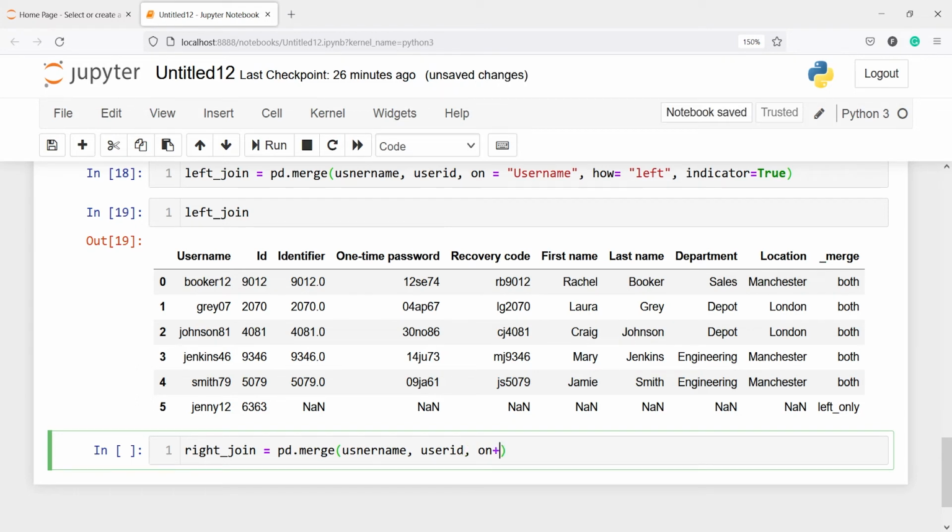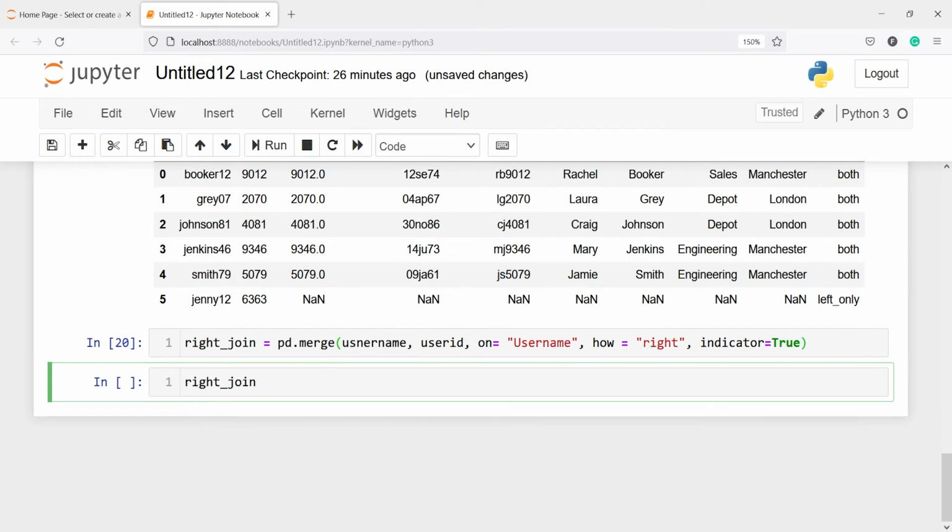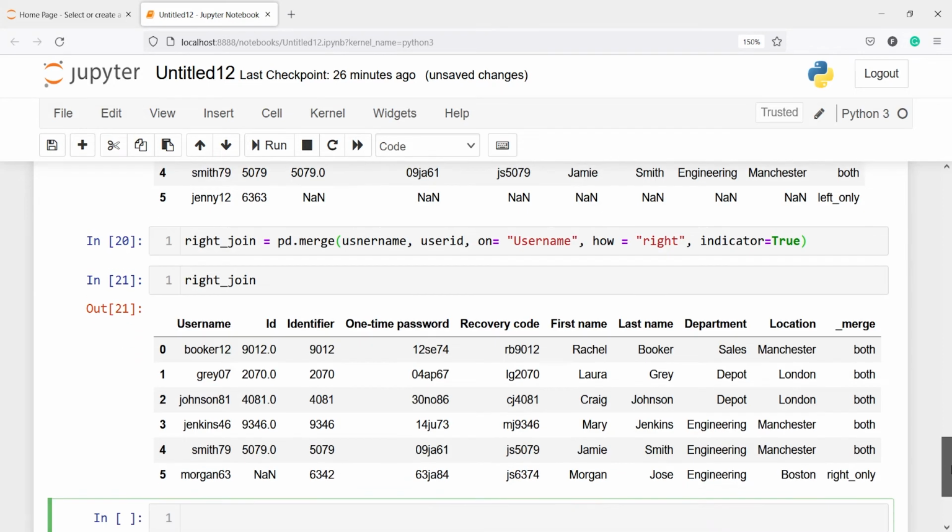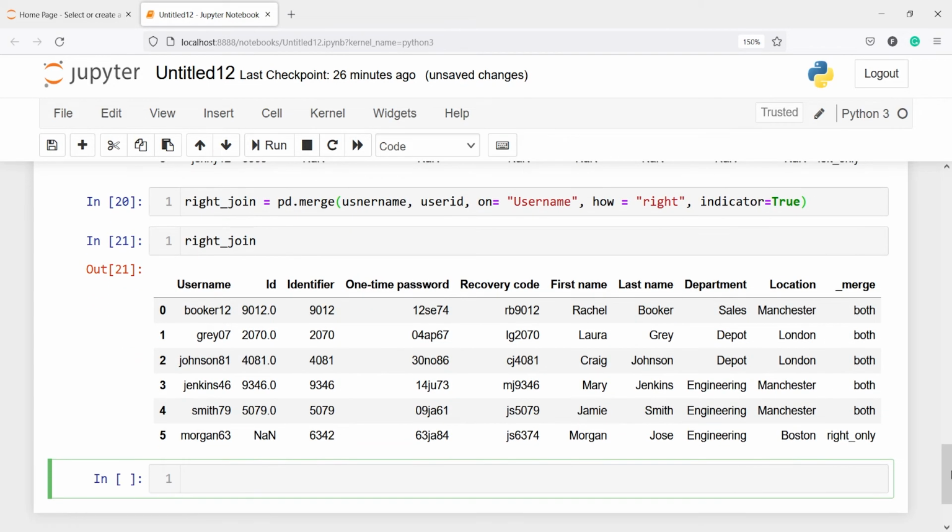Then on is nothing but username, and then how it is going to be right, and then the optional parameter indicator is equal to true, and then let us print the right join. And here in the output you will see we have the data frame. Here we have all the common elements between the first and the second data frame, and then